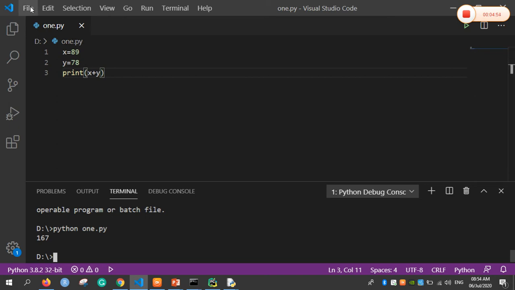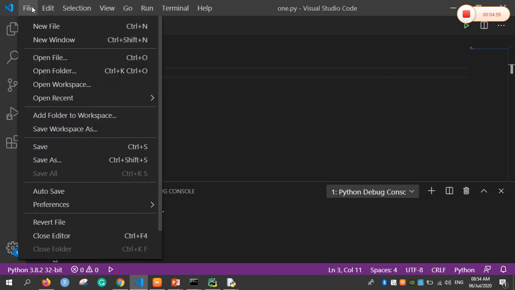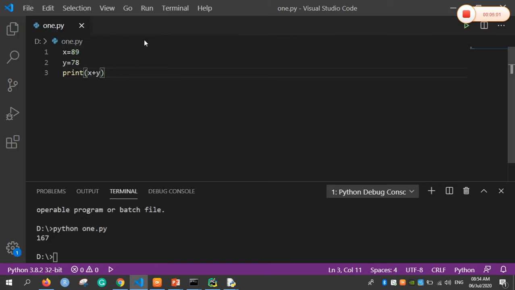Go to the option File and select Save. Save with the extension of Python, then go to the terminal here and type python space 1.py. The value is going to be displayed. This is another way of running a Python program in the VS Code editor.